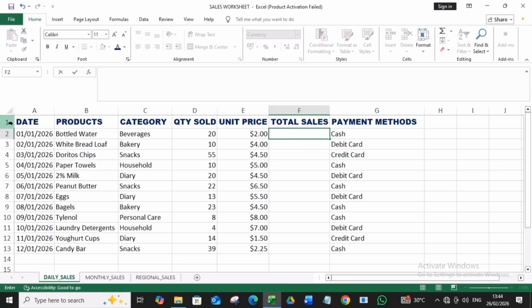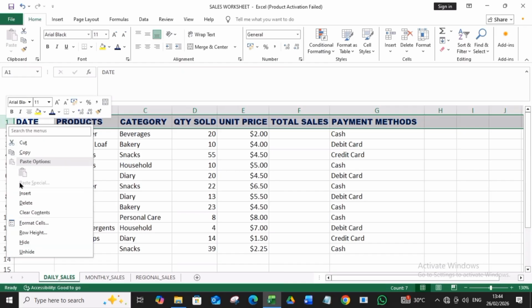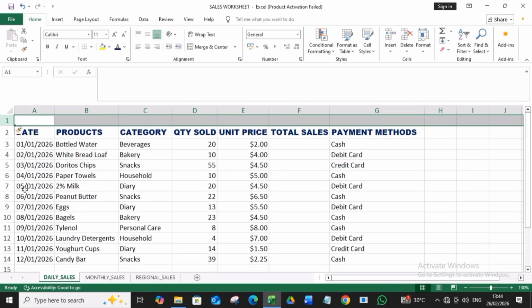All right, so I would like to give this table a heading. So I just selected the first row and then click on enter. Now we have a brand new row to work with. Okay, so I'm going to just type a heading for this. We can call this